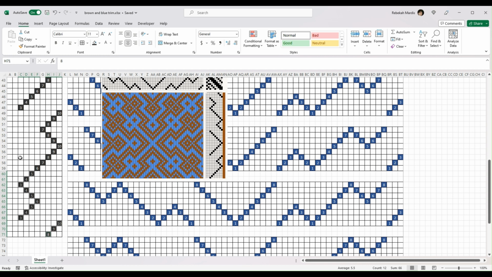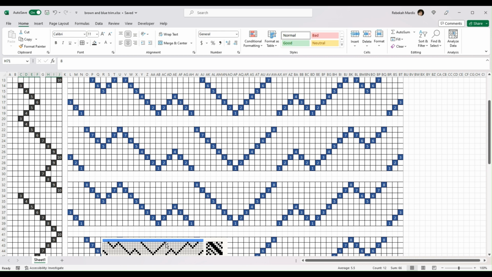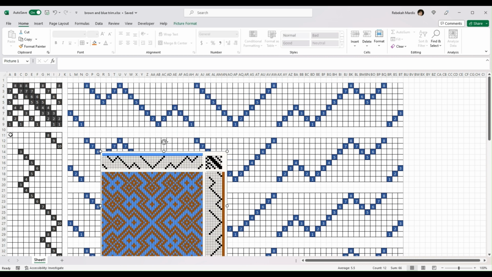You might notice that I do not have these first 2 rows highlighted in any way, shape, or form. That is because I have my tie-up set to a tabby weave or plain weave. That makes it easy to start and finish a set of towels or washcloths or even a scarf if you want to. And I will use those treadles exclusively for hems with this particular pattern. And that will just be a 1, 2, 1, 2, 1, 2 for probably about 1.5 inches on each end